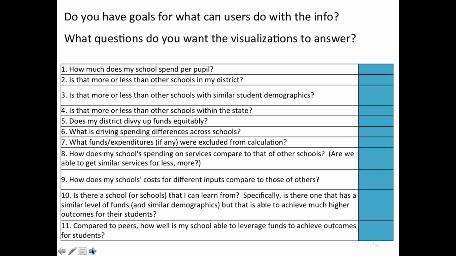Marguerite, this is Cindy. Yes, I think this is a great start. And I think what we're going to find is this is more than enough for the average user to start with. And then once they become comfortable with the data, that will lead to more questions that they want answers to.